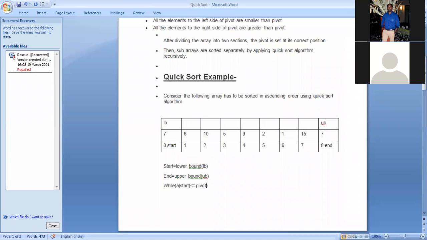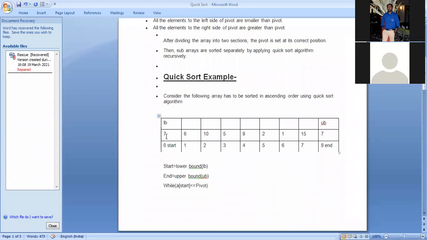So what is the pivot? Initially we can take the first element as the pivot element, we can take the last element as the pivot element, and we can also take the middle element as the pivot element, but we are taking the initial element, that means 7 is the pivot element.